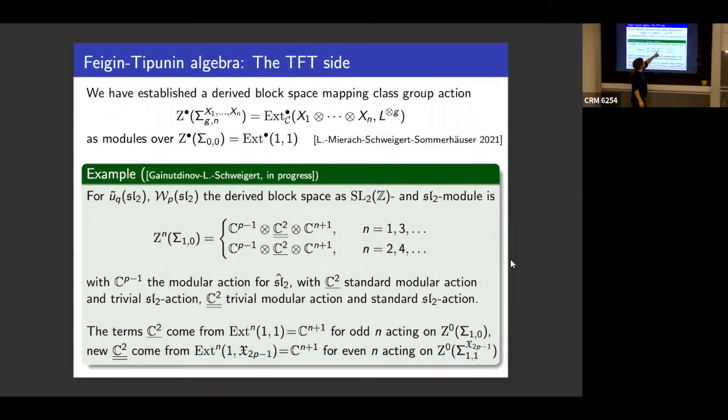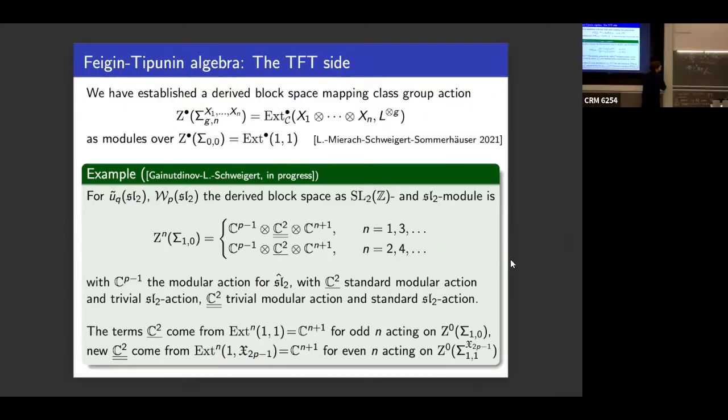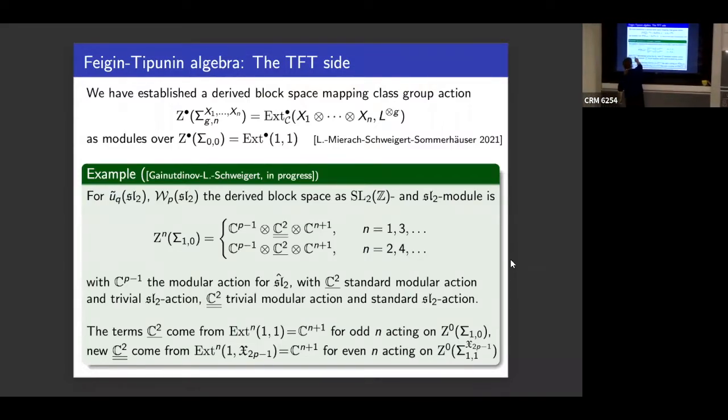But then there is a new guy in odd cohomological dimensions. It looks almost the same, but the C^2 is different. So this here is our C^2 first one, and this is our other C^2. And this is different because this is again this modular action that we had. This here is standard modular action and trivial SL2 action. This here is trivial modular action and standard SL2 action. So it's very different. Basically, this one consists of bottoms and tops of the projective, and this one consists of left and right.